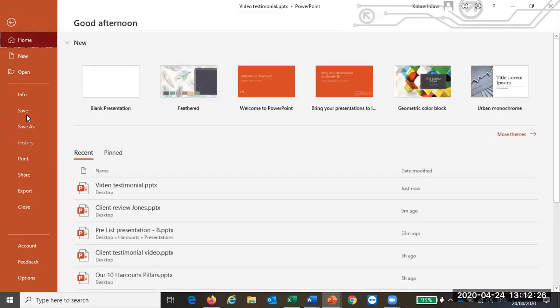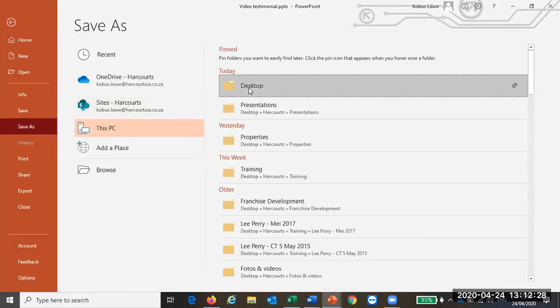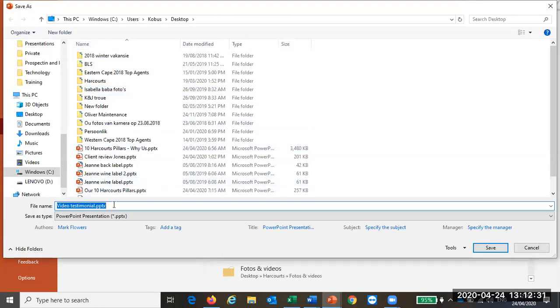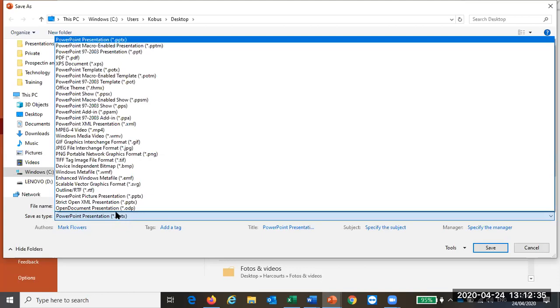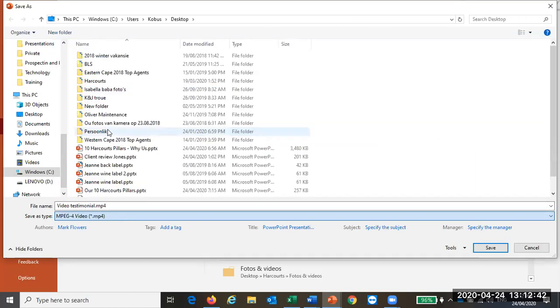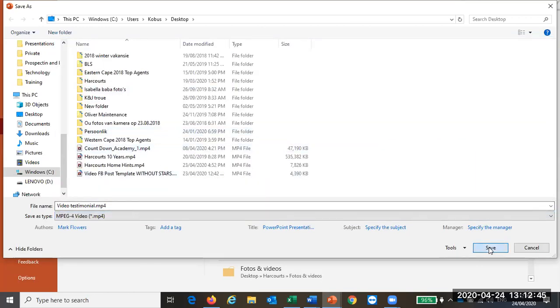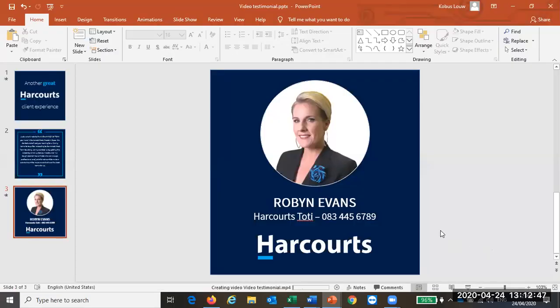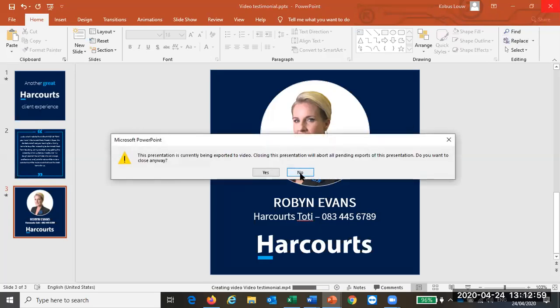We go to File, I go to Save As. Again, I go and save it in my folder. But now I want to save it as a different file type, and I'm going to click there, Save As Type, and I go to MPEG-4 video. So it's a .mp4 file. I click on that, and I click on Save. Right. So in that way, this document now is saved also as an MP4 file on my desktop of my device. If I again want to share that onto social media,